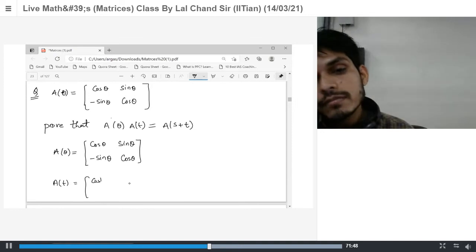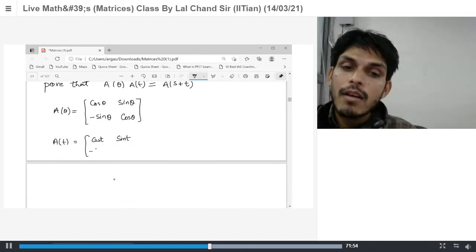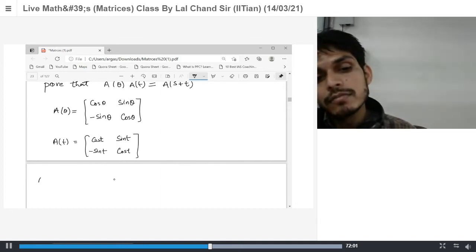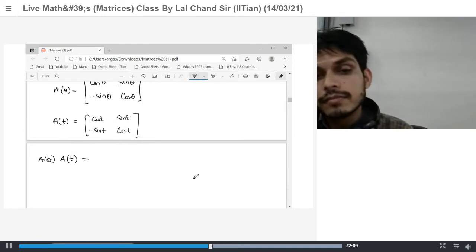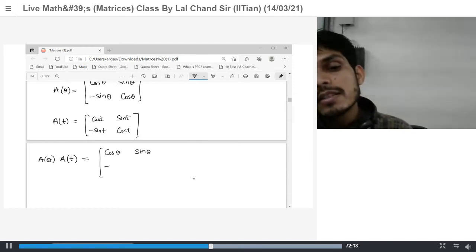cos t, sin t, minus sin t, cos t, isn't it? So if I write down this, then I have the value as cos theta, sin theta, minus sin theta